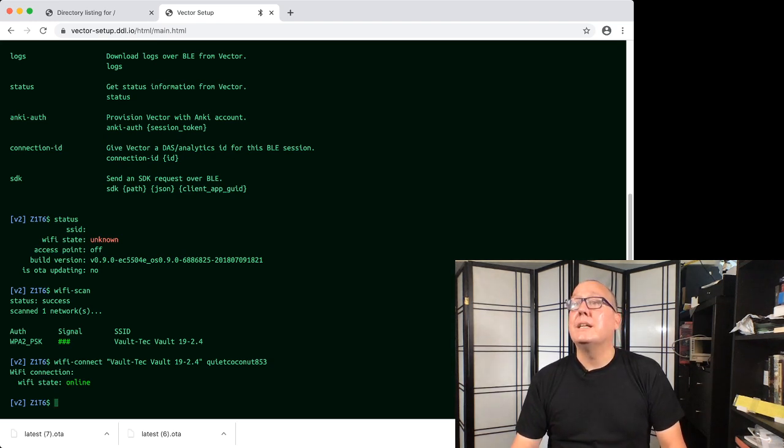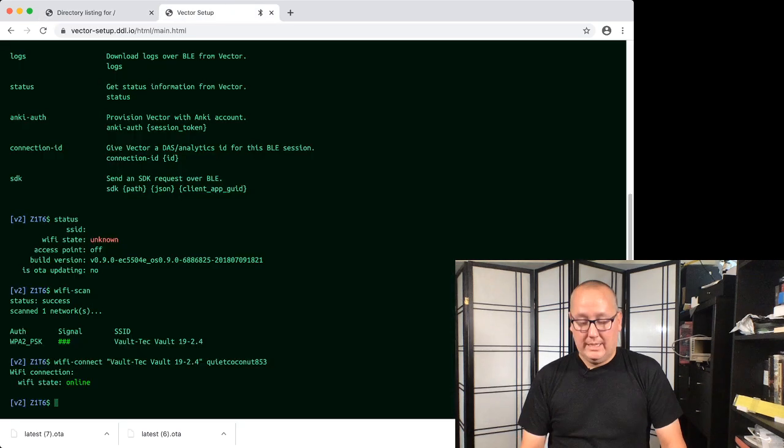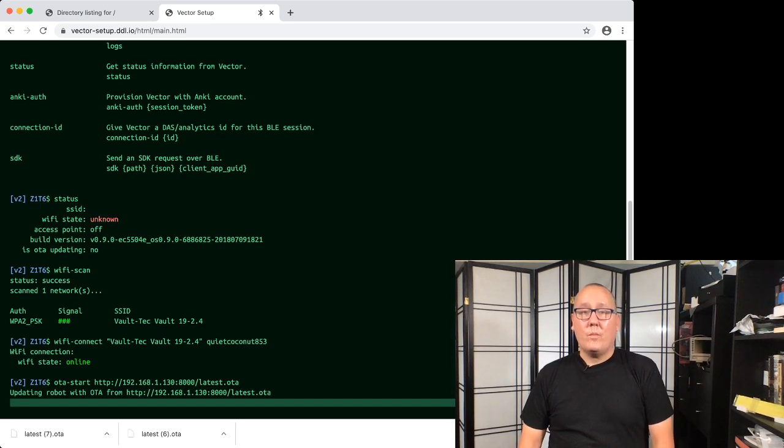So once again, we've got this link over here. I'm going to copy the address, make sure it's on my clipboard. Now I simply do OTA start, and I paste that in, and we hit enter, and let's see what happens. Okay, so there we've got the bar going. It's downloading the file, and it's going to take a few minutes to install, and then when it's done, it should actually go ahead and reboot,